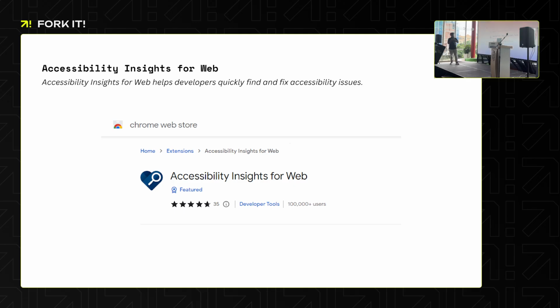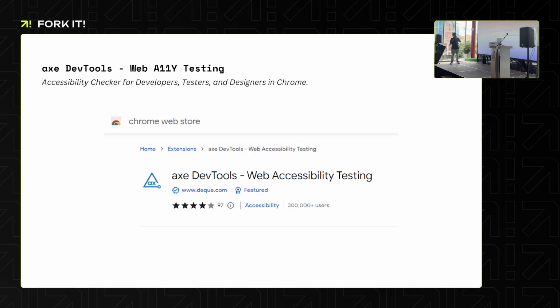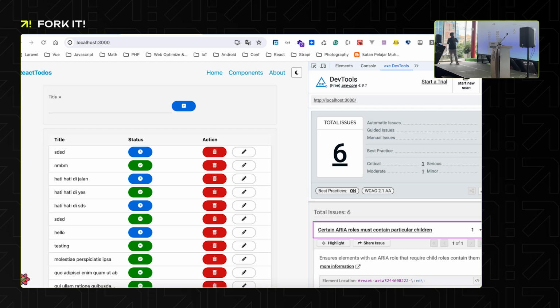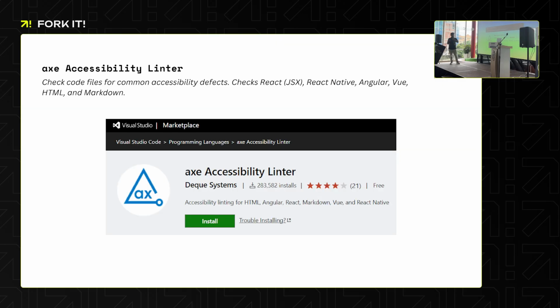And yeah, this is a great one. The axe DevTools is going to be something like this. You can see this is my local project, just to show the DevTools in the Chrome extension. It will tell you what needs to be improved, what the score is, etc. And if you want to